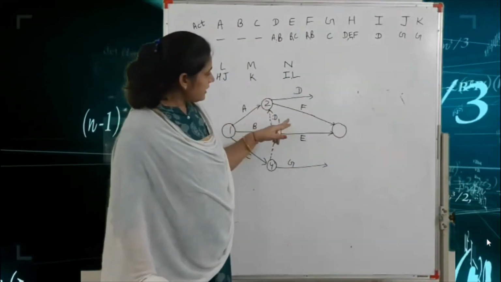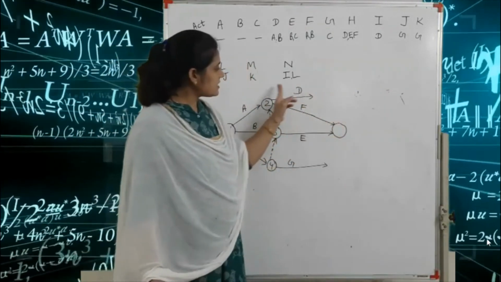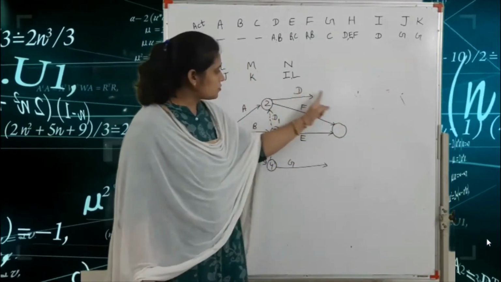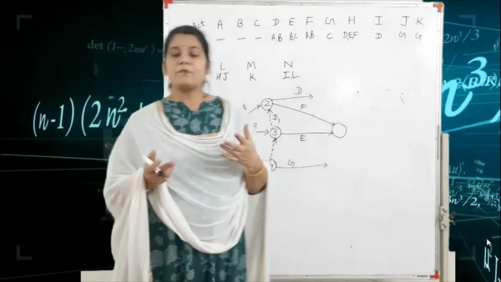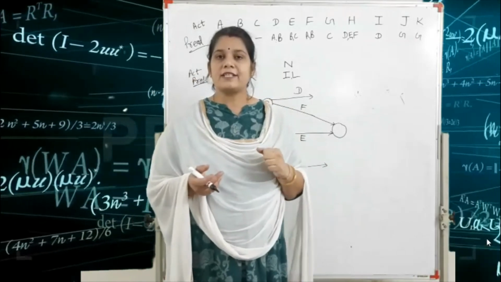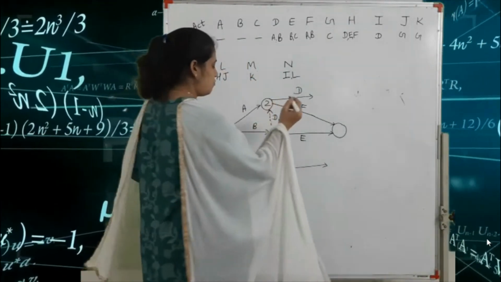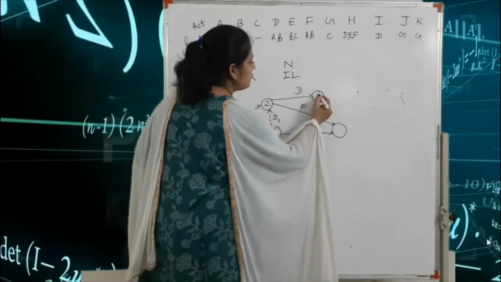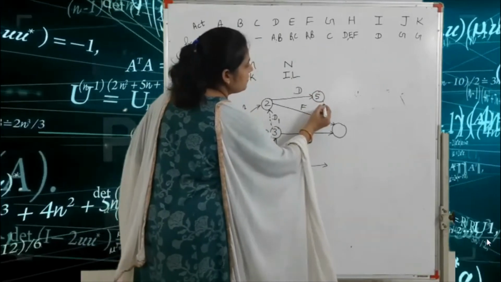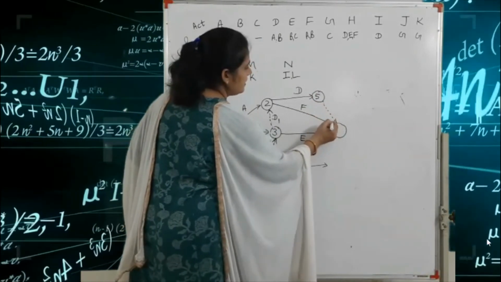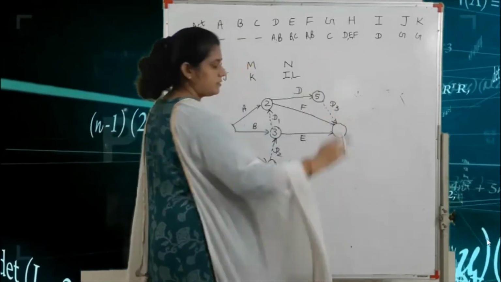So in case we draw this diagram, that means two to here and two to here, what is the type of the activity? This is the parallel activity, so this is not allowed in the network diagram. So first we write here the fifth node. After that we write here the dummy activity. This is a D2 activity and here a D3 activity.